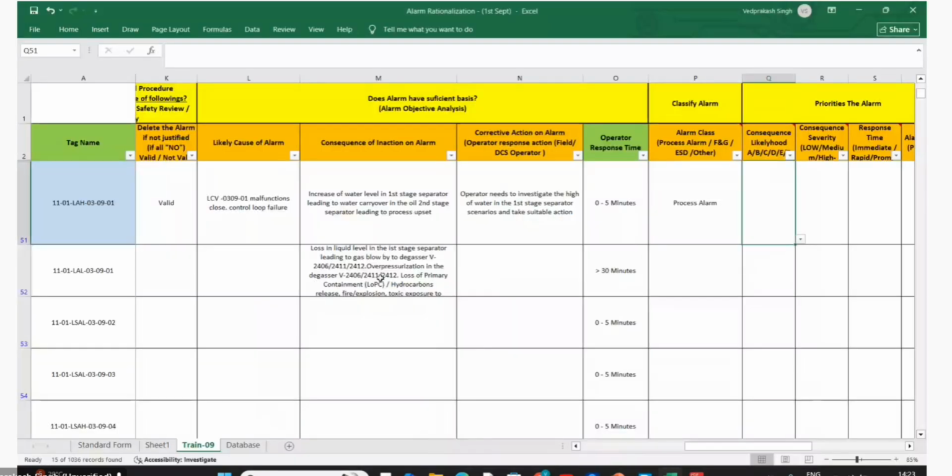Guru, I agree with you. I will explain my view, then you please instruct me. What I'm saying is that if water level goes high in the first stage separator, water will go in the oil line, and then it will go to the second stage separator. There is no major concern. The major concern is, for example, my interface level is disturbed, then I'm sending the off-spec crude to the second separator. Second separator we are sending, but it will not create a major issue, even financial impact, because